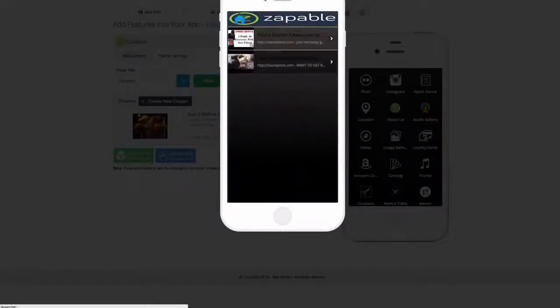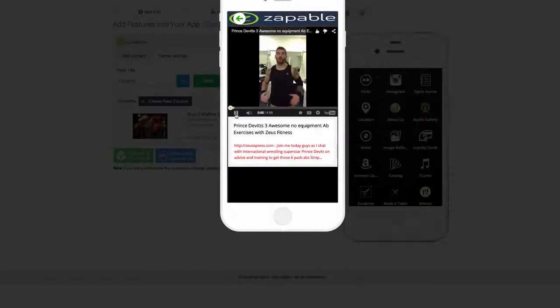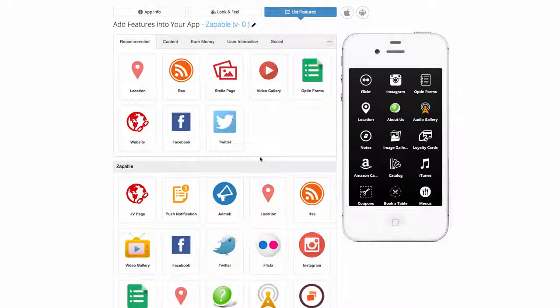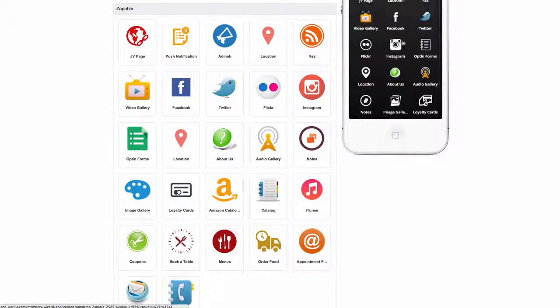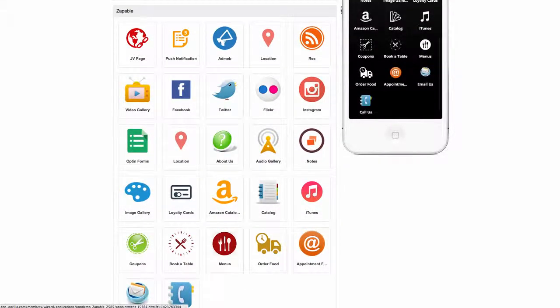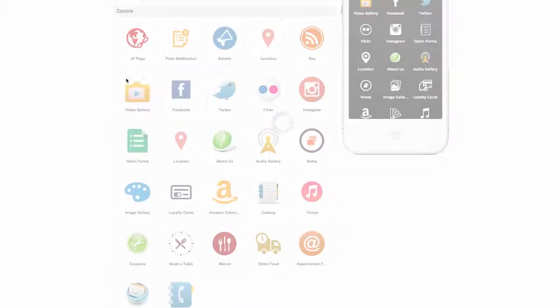Video gallery, again, very easy. I'll just show you. It'll display YouTube now on an application. This will turn into full screen. So I'll just give you a quick look at video. And you'll notice I've got a range of different icon styles. It's just to show you the kind of way that you can style your app. So in the video gallery,